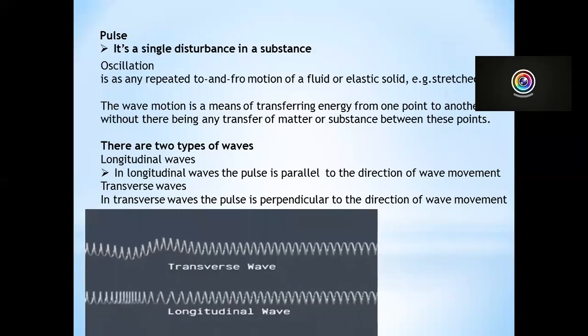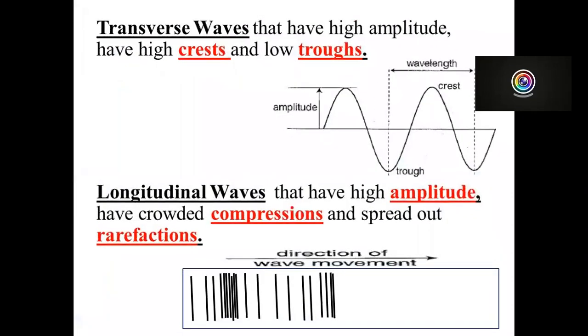Right. So now let's take a look at what happens. In transverse waves, the motion is perpendicular to the direction of wave movement, whilst longitudinal waves move parallel to the direction of movement. This can be seen as follows. So we are saying when you look at the transverse waves,